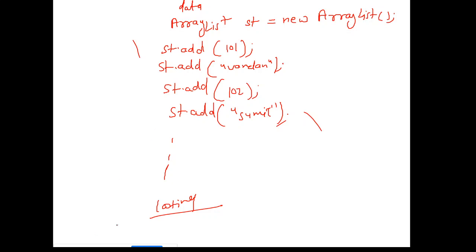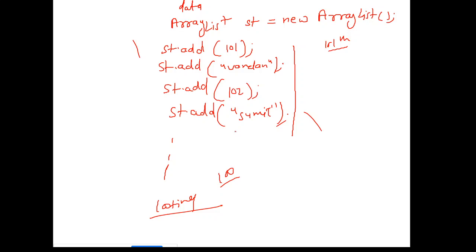The drawback with array list is that if you have stored 100 roll numbers, and I said that on runtime you can add one more, so there is no limitation of size with array list, which we have with the arrays, right? Array size is fixed, but you can add data to an array list on runtime. So if you want to add a 101st roll number and name, you can add it with the array list on runtime. You don't need to worry about the sizes, right? So size is not fixed with array list.